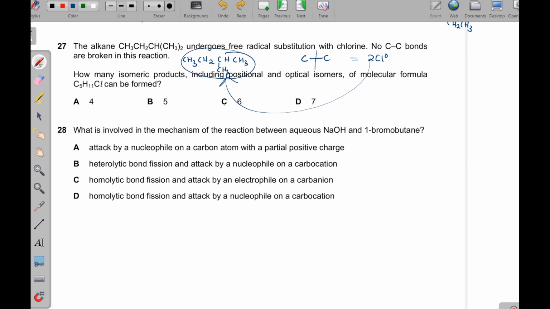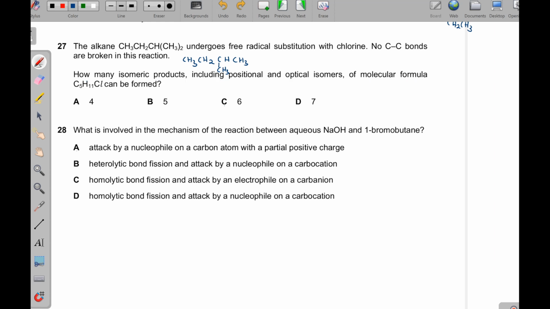So we get a molecule now reacting with a radical, then to produce another molecule, and then more radicals, that is propagation. And then when 2 radicals come together, that is the termination step, you see. So in that free radical substitution, it goes on, and we can find all of these hydrogens replaced, you see that. So it forms a mixture of products. Now let's go to this one here. They are saying how many isomeric products, including positional and optical isomers of molecular formula, this one here can be